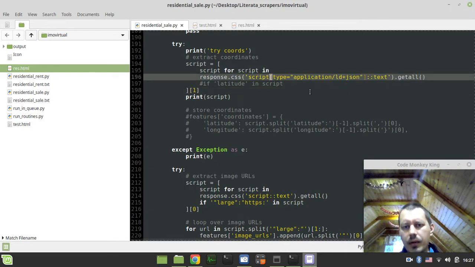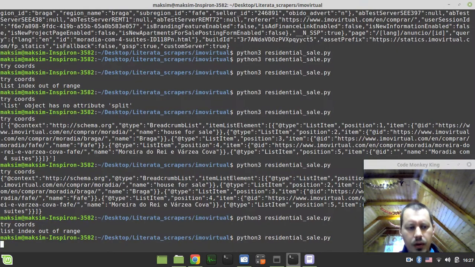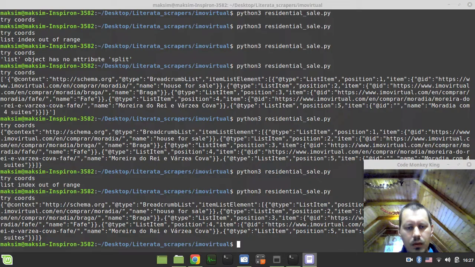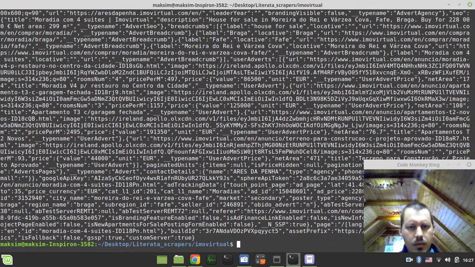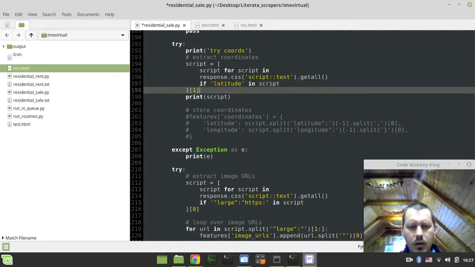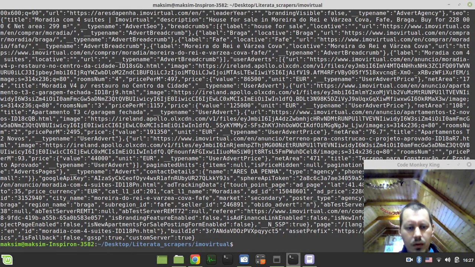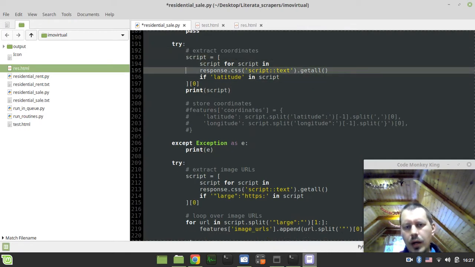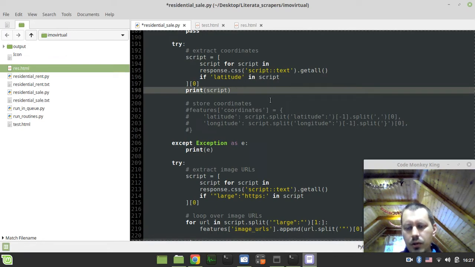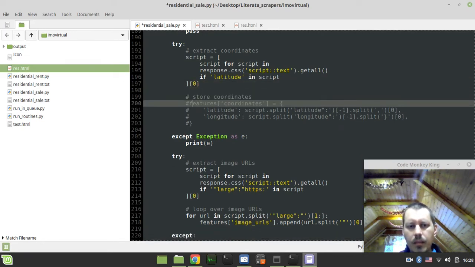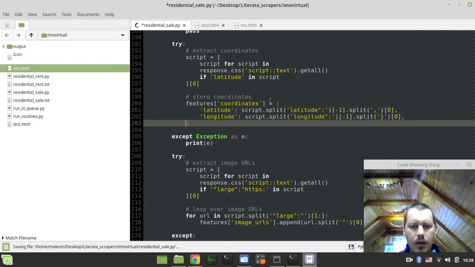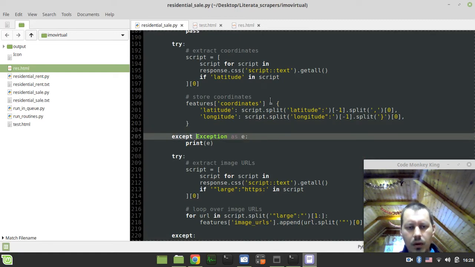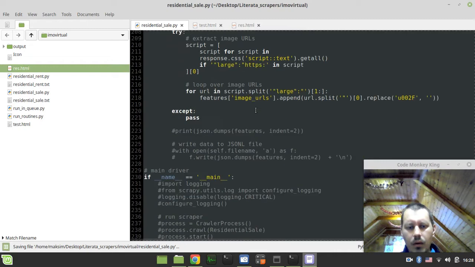Yeah, let's drop the type here and see this one more time. Okay, this one seems to be okay. And what about this one? Okay, fantastic. So I think that we just found the right script. We just didn't have to specify the LD application JSON, things like that. And see if it still can extract things. I think it can now.